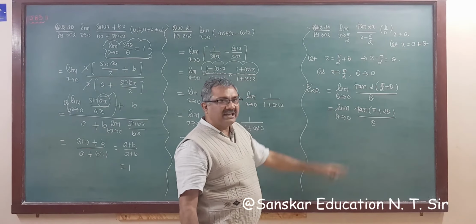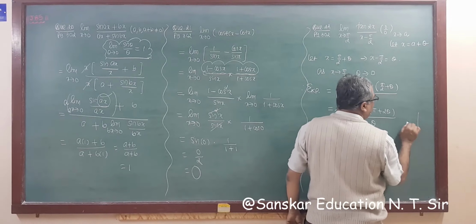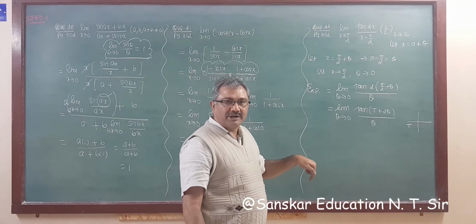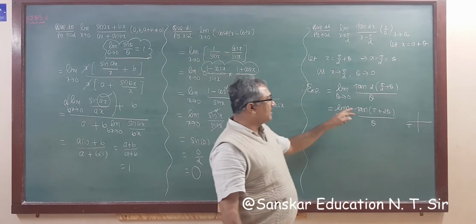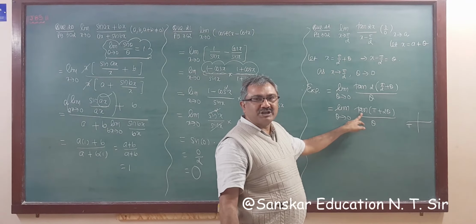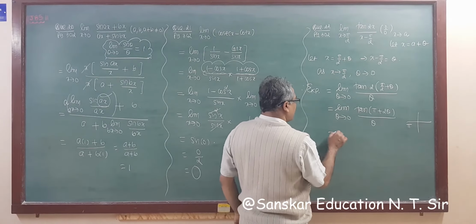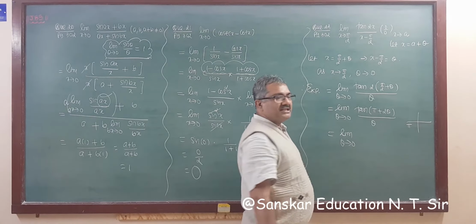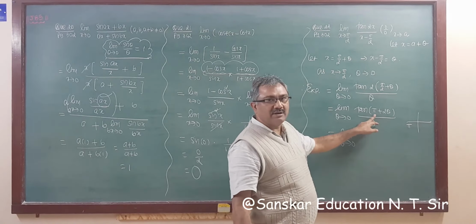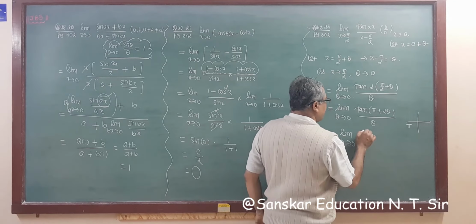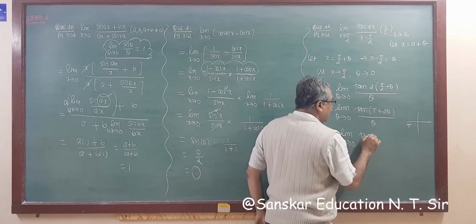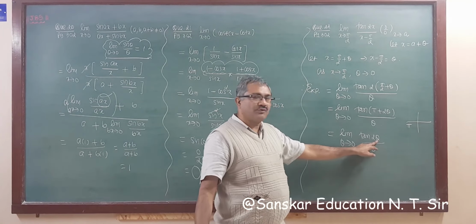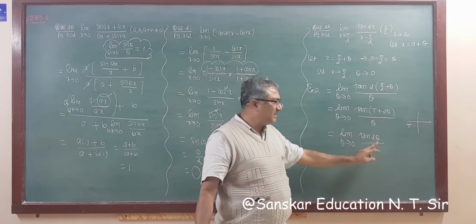Now tan (pi plus 2 theta), now you know pi is on the left-hand side, and plus means the third quadrant, right? And in the third quadrant, is tan positive or negative? Positive. So the answer will be limit theta tends to 0. Change? No change. This is a full angle, so no need to change. So the answer will be tan 2 theta whole upon theta. So this is your theta. So what is missing? क्या missing है? 2.